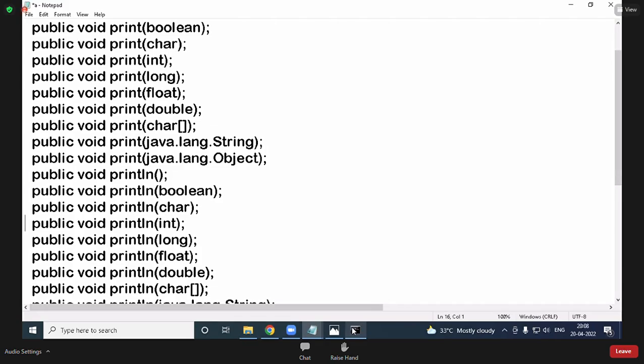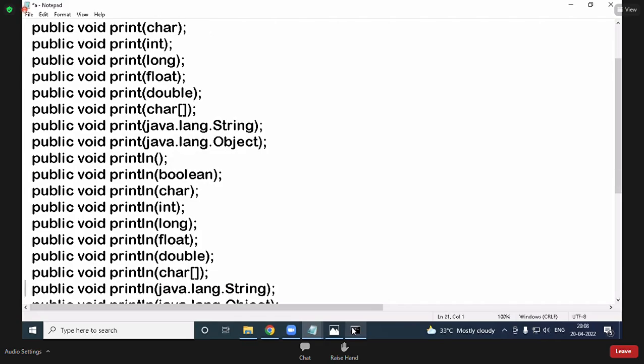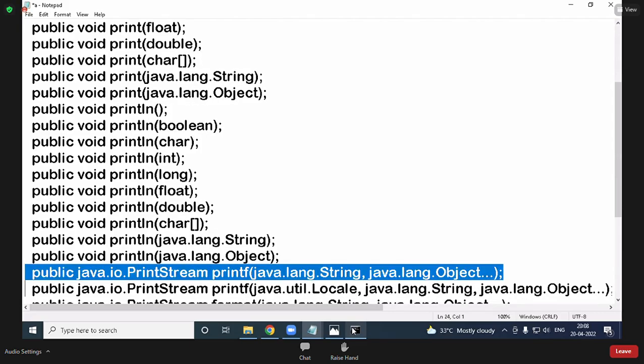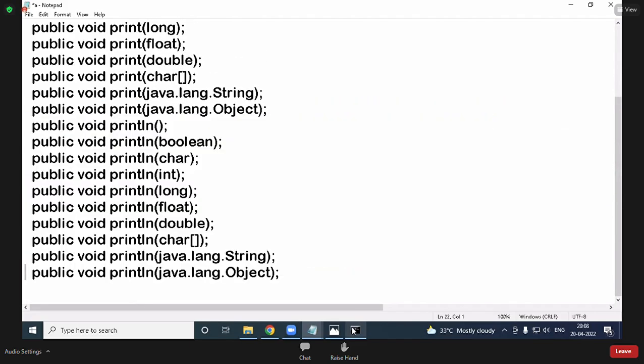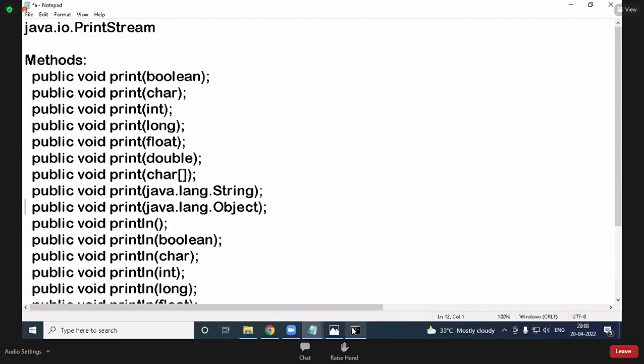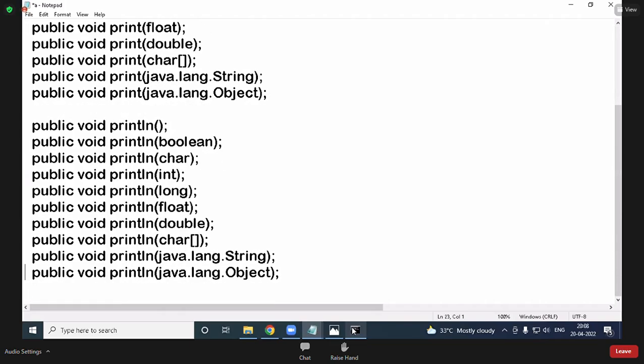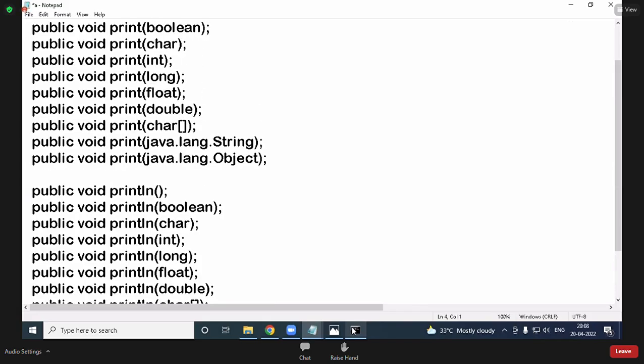Print has 9 methods, println has 10 methods, 19 methods. See, print 9 methods, println 10 methods. Just a package name I'll remove because there is no need to write it again and again.